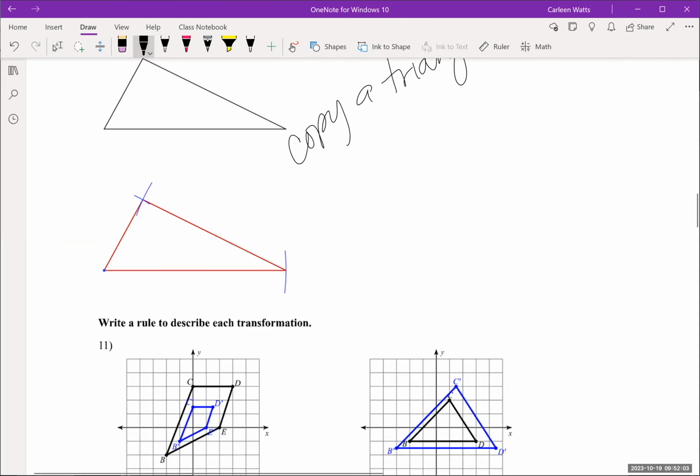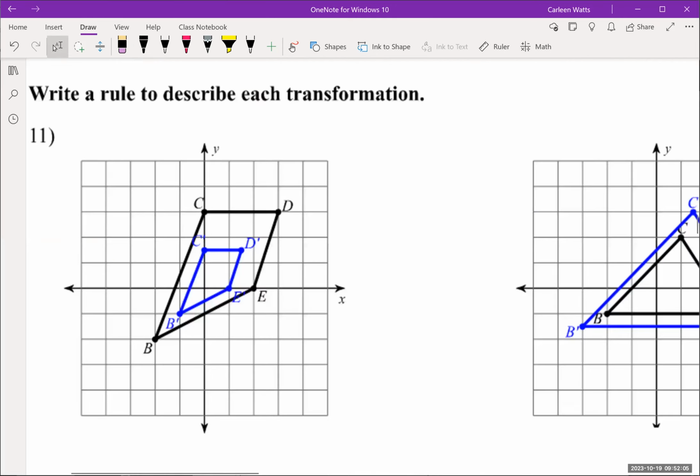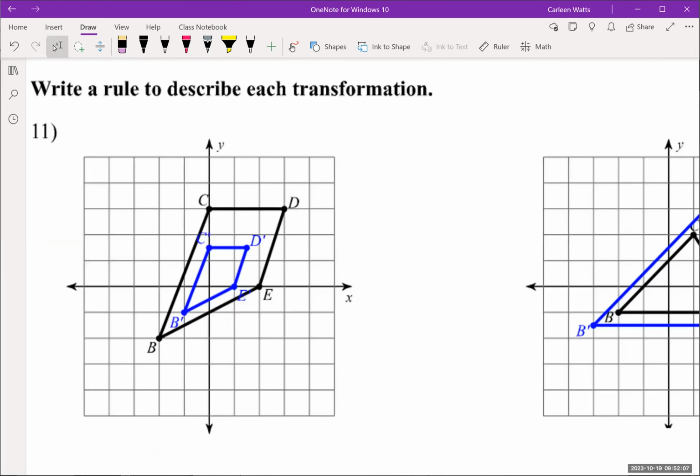Okay, moving on. We need to write the rule. Okay, the rule for the dilation. Now, dilation is the only one that changes the size. All of the others maintain the size. So the other figures are congruent. The dilations, the figures are similar, but not congruent. So I could pair up,